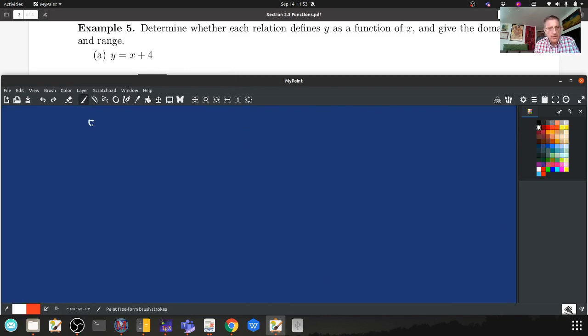This is 5a, y is equal to x plus 4. You should know this is linear. Indeed, if I were to graph it over here, I know that its slope is